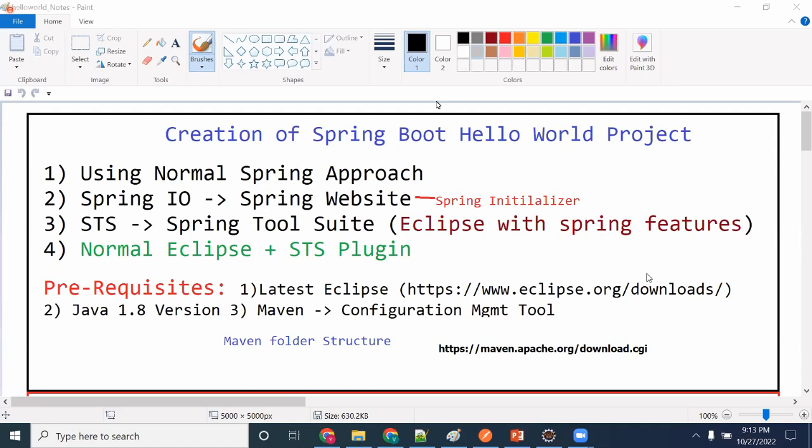Let me repeat here how we used to create a Spring project. The same way we can create a Spring Boot project also. So that's the first point here. And the second point is through Spring Initializer, which is the Spring website, where we can create a Spring Boot project. And the third approach is